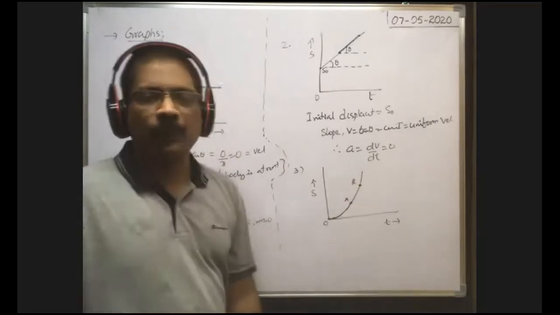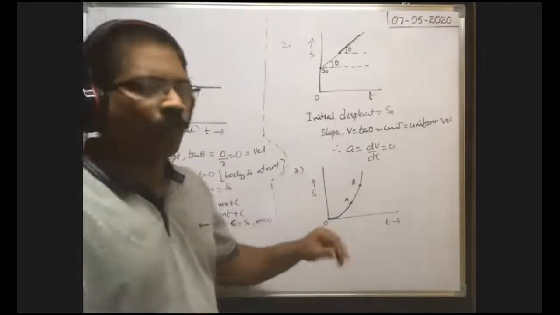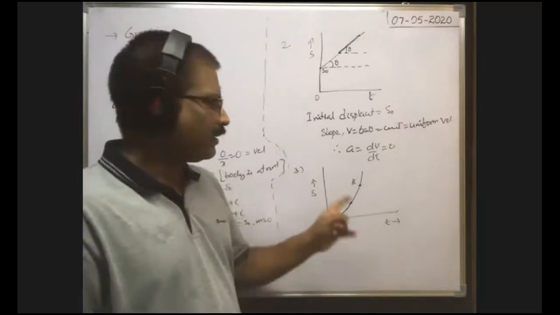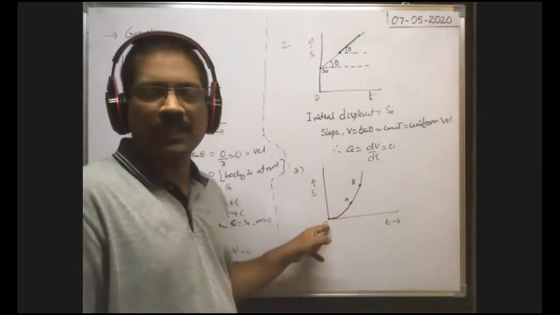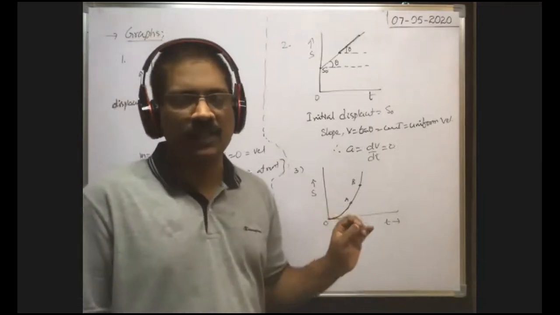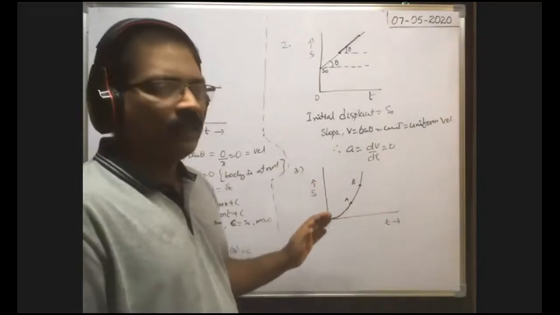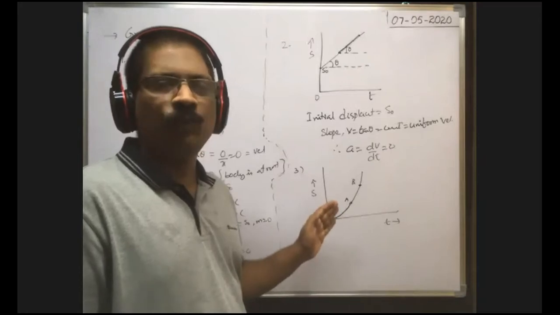At the point O, when you draw the tangent, first from this graph, what about the velocity we have to know, and what about the initial displacement? At t is equal to 0, as the graph starts from the origin, the displacement is also 0. That's why initial displacement is 0. Next, we have to find the velocity. To find the velocity, at which point on the graph do we draw the tangent? At that point, we have to draw the tangent.